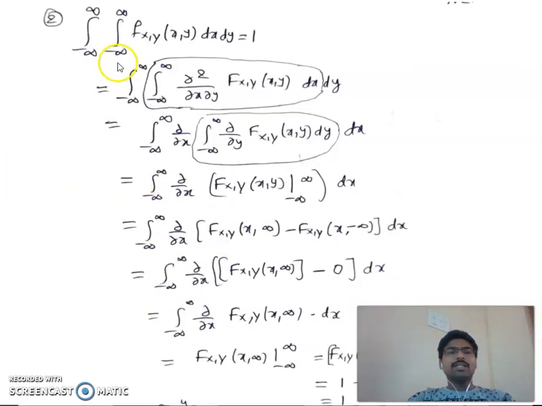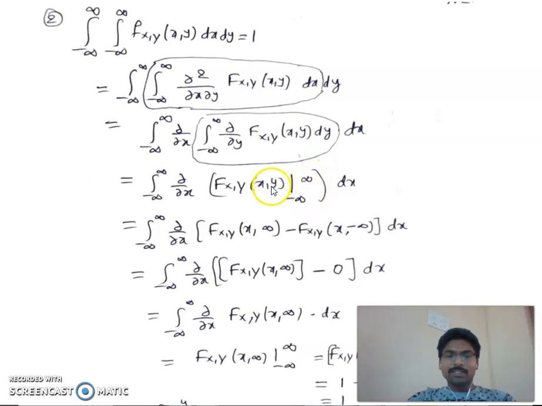And next one, the integral from minus infinity to infinity of f_{X,Y}(x,y) dx dy. It is nothing but the area under the joint density function, which is equal to 1. This can be proved by writing from the definition f_{X,Y}(x,y) is equal to dou square by dou x dou y of capital F_{X,Y}(x,y). By writing this one and splitting the derivative, doing with respect to y first, here derivative and integration get cancelled. Now f_{X,Y}(x,y) is there, and limits are minus infinity to infinity. Observe here we have done the derivative, we have done the integration with respect to y. That's why you have to substitute the limits in place of y here.